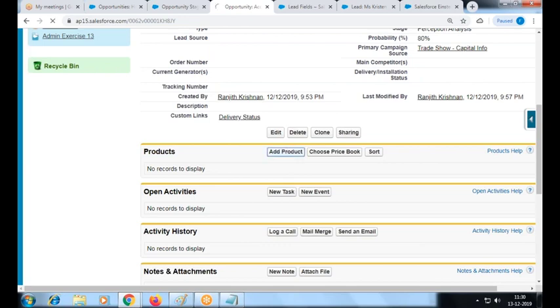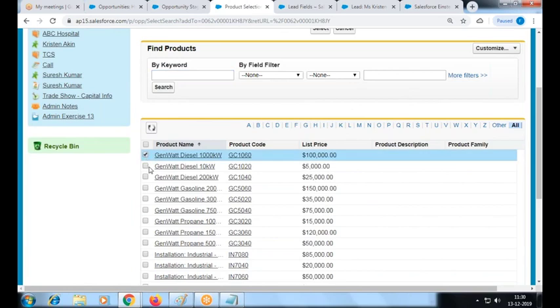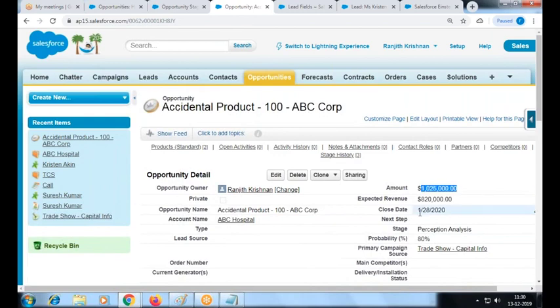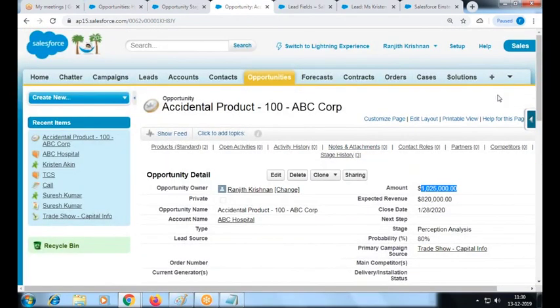When you add a product, click on add product. There are some standard products. Suppose I choose this product, and I select. There are two products selected. Enter how many products and what is the sales price, and save. So now what will happen? The opportunity price is calculated from the product. Okay, did people get this? How the product price is calculated. How do you add a product? Any new product you are going to add,